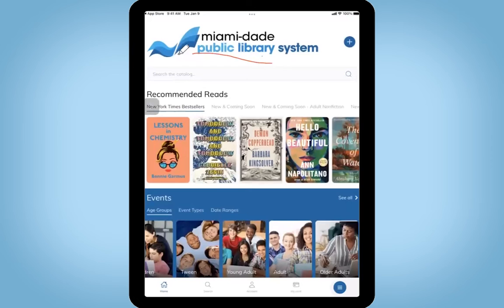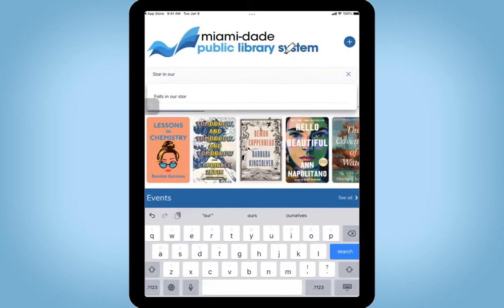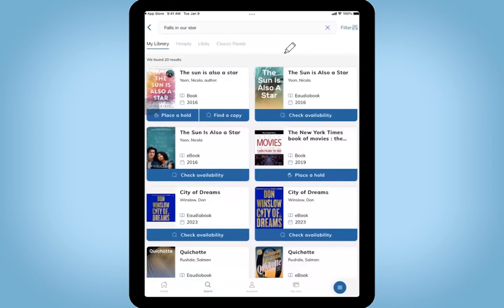There's a search bar at the top to do so. So say I want to look for a book or something. I can search for it here. I'll see a bunch of the options that match my search. And then I can choose one. So say I want to choose this book, I can just click on it